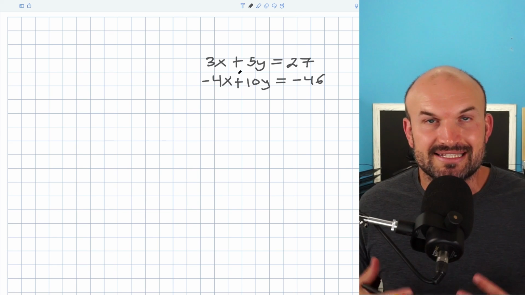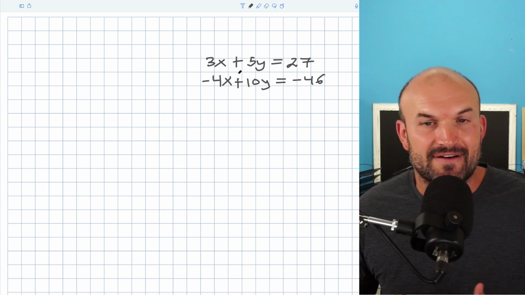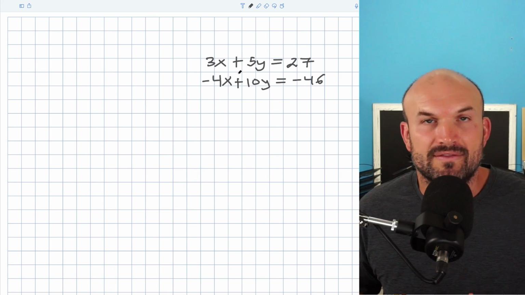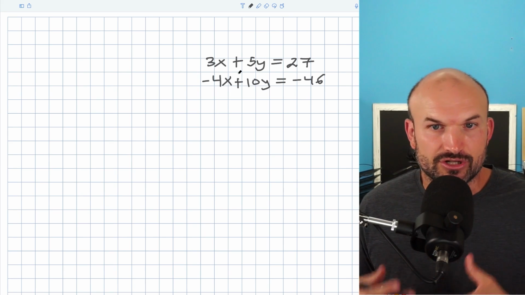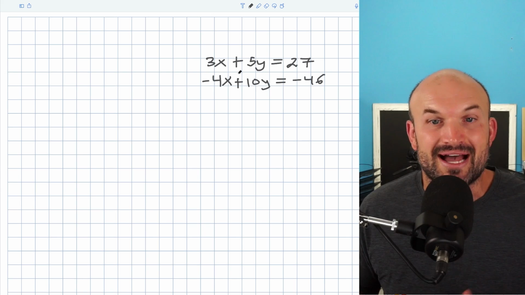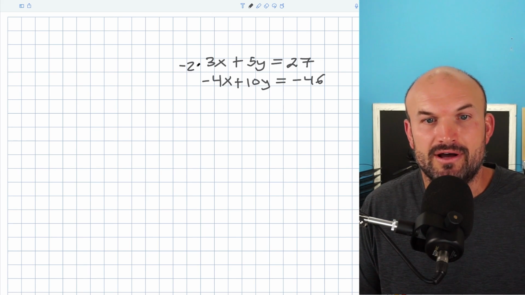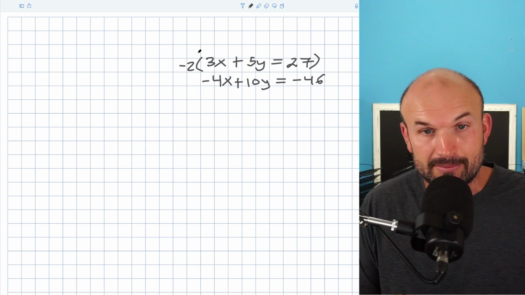And again, I always like to add my two equations, right? And if I have a 10y plus a 10y, well, that's going to give me 20y. That's not going to eliminate them. So the trick here, what you're going to want to do is multiply by negative 2 on the top equation. So when I write that out, again, I'm going to apply my parentheses,